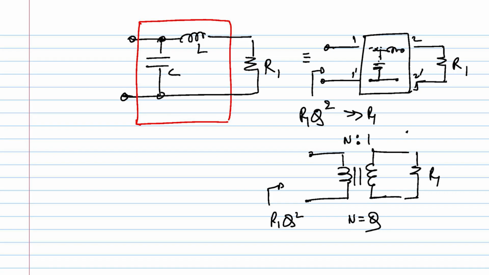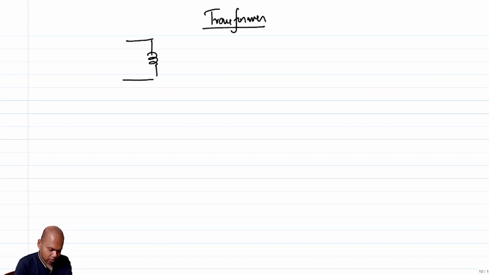I mean, the reasoning behind the transformer, let me give you a 2-minute refresher. So let's assume that this is a transformer refresher. Let's assume that you have an ideal transformer of 1:n turns ratio,